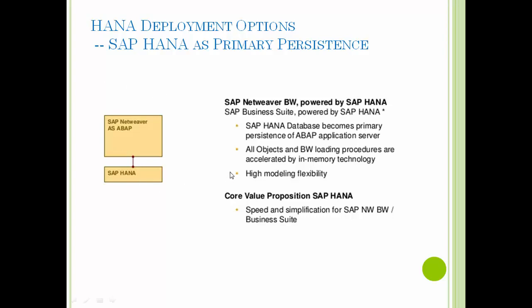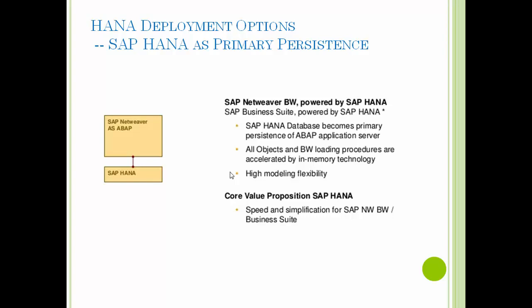this deployment option shows how SAP HANA is used as a primary persistence, that is, in simple words, as a primary database directly. SAP NetWeaver BW solution can be accelerated by using SAP HANA as its underlying database. Basically, in this scenario, SAP NetWeaver BW functions, such as those of SAP NetWeaver BW Accelerator software and new SAP HANA optimized information providers, are basically performed in SAP HANA to benefit from its in-memory and calculation engine